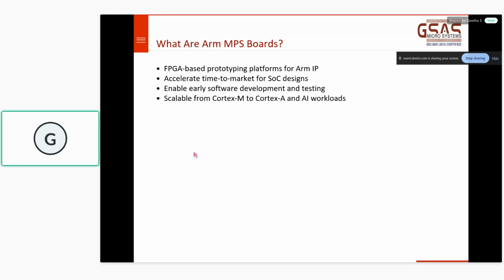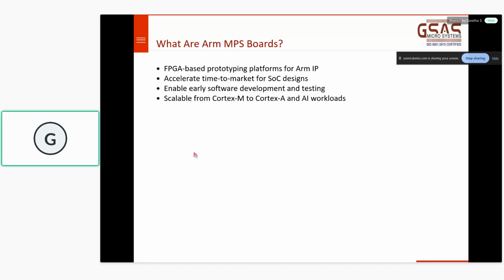One is that the software team has to wait until the hardware team comes up with their prototype board and gives it to the software team for testing. The second scenario is that, until the hardware team comes with their prototype board or proof of concept board, the customers can use prototyping boards offered by ARM, which will easily help the team test their software on the board and keep the software ready when the actual hardware comes out from the production team or hardware team. That is what it means to enable early software development.